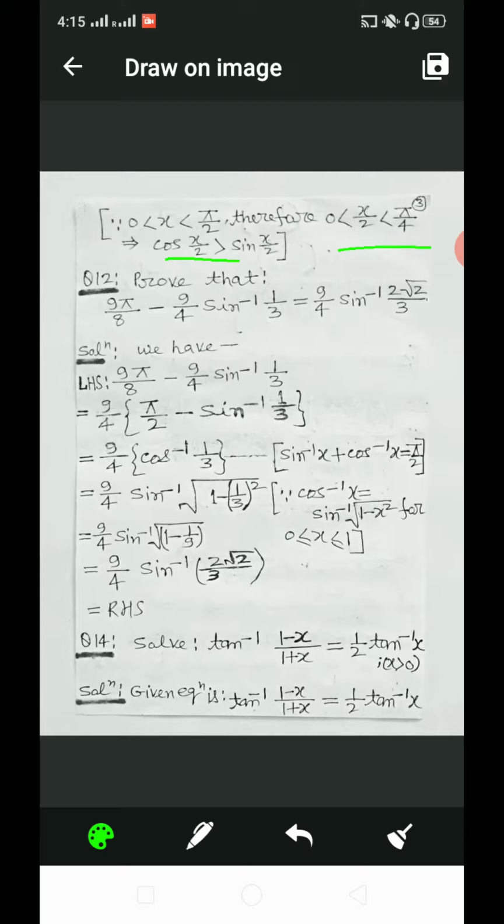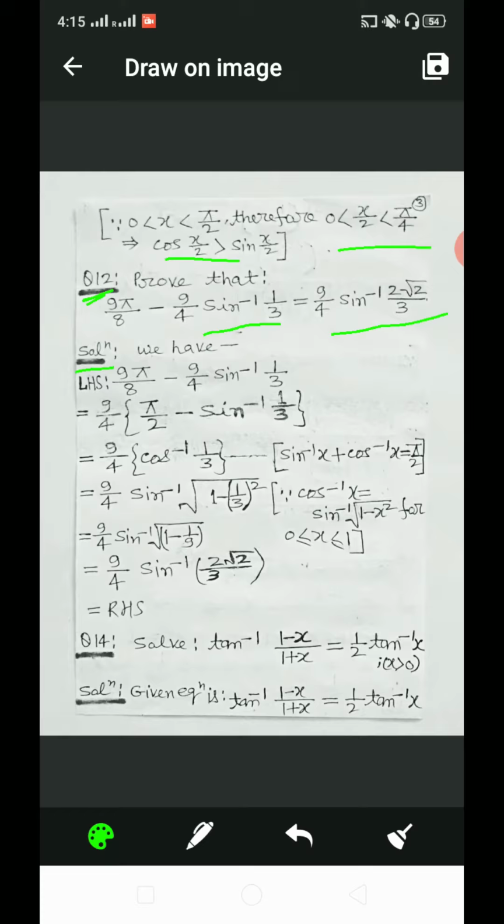Now we discuss question number 12. Prove that 9 pi by 8 minus 9 by 4 sin inverse 1 by 3 equal to 9 by 4 sin inverse 2 root 2 by 3. To discuss the solution, we